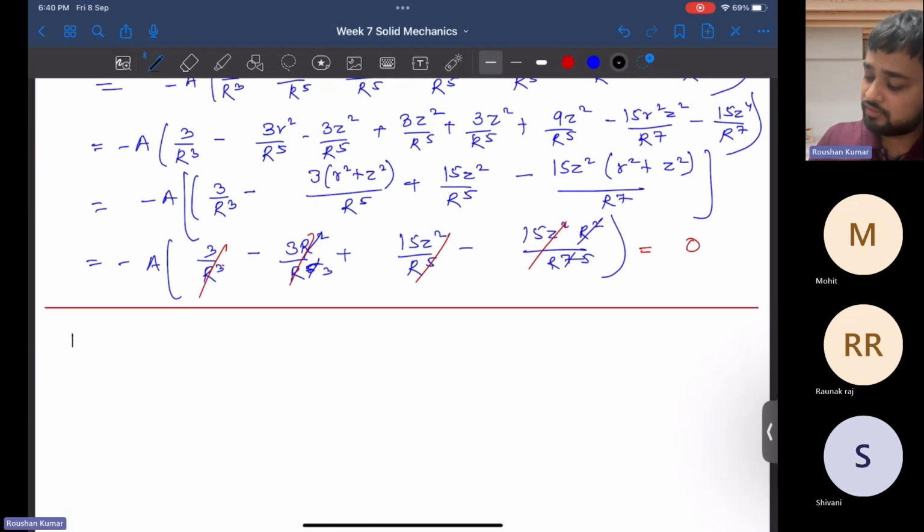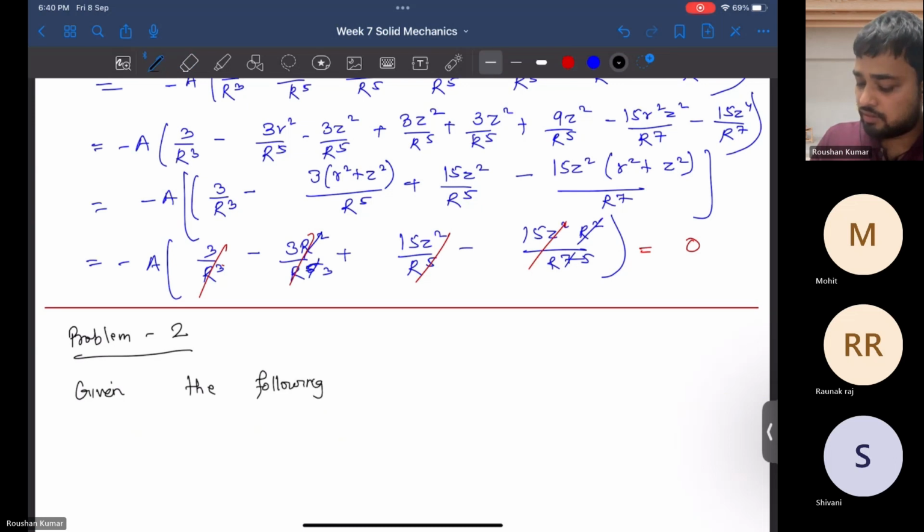Now the next problem is based on a similar approach, that is based on the equilibrium equation. Problem 2 is: given the following stress field in cylindrical coordinates, which is